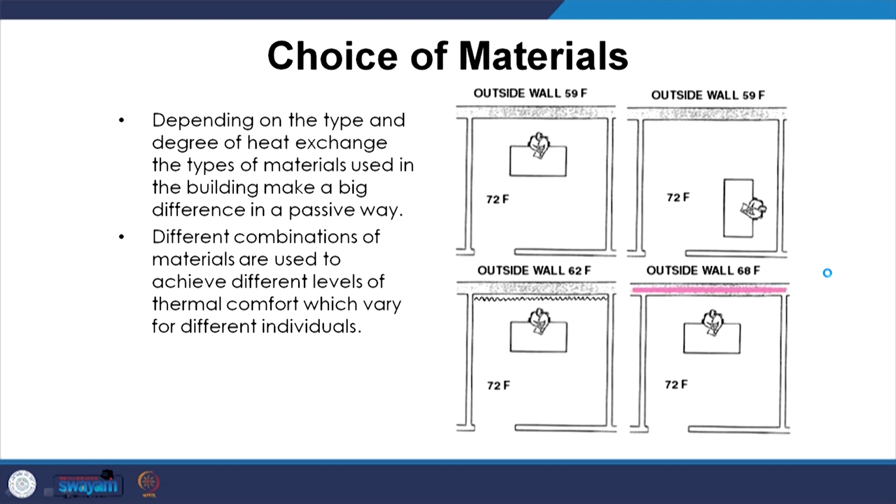Once we understand how this heat is going to be transferred, whether from outdoor to indoor or indoor to outdoor, depending upon the climate of the place and the season, we have to choose our design features carefully. We have to choose our materials very carefully. So, for example, we are in an extremely hot, dry climate where the outdoor temperatures are very high, and there is very strong radiation present.